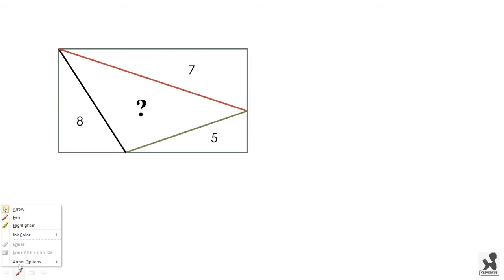In this video, we are going to discuss this question. In this question, we are given a triangle and two lines are drawn from one vertex to two sides of the rectangle, and these 2 points are joined. Let us name this rectangle A, B, C, D. Let these points be E and F.